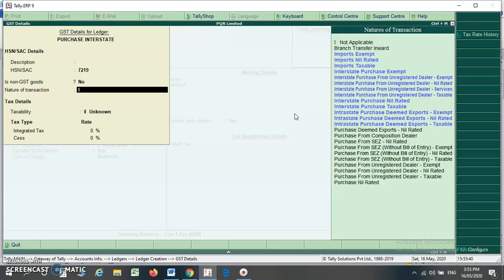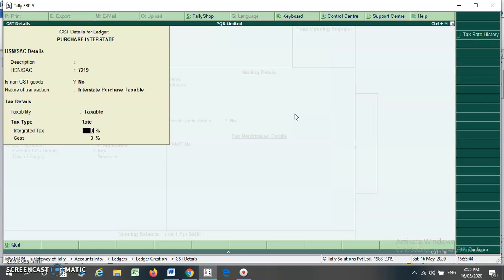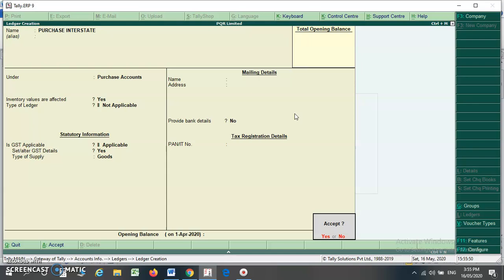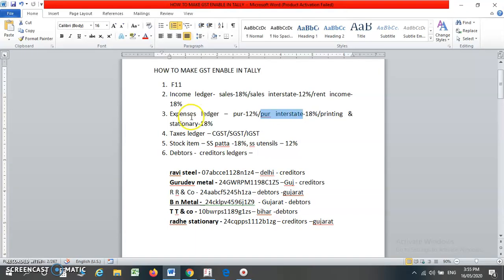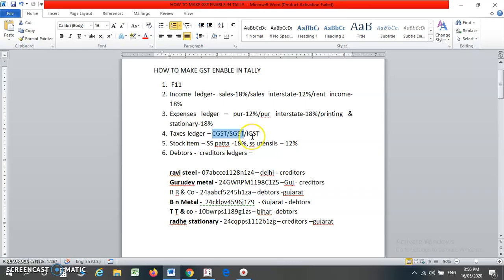What is the nature of transaction? Interstate purchase taxable. What is taxability? 18%. What is goods or services? I have to select and press enter. My ledger is created. Now I have to select my taxes ledger, that is CGST ledger, SGST ledger and IGST